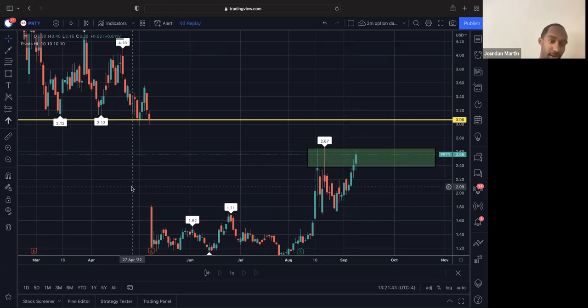If I'm 2 weeks out, I'm comfortable going 2 strikes out of the money, depending on the move I'm anticipating too. If I'm anticipating a huge move, then I don't mind going 1 more strike out of the money. If I'm going 4 weeks out, I might go 4 strikes out of the money, but that's very rare. And I'm not really going to push 10 strikes out of the money